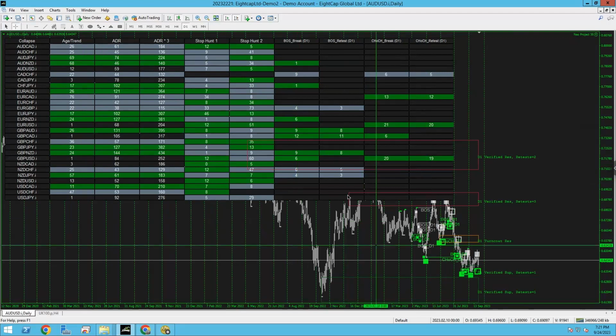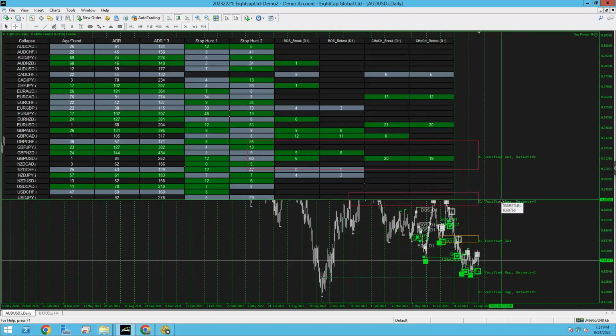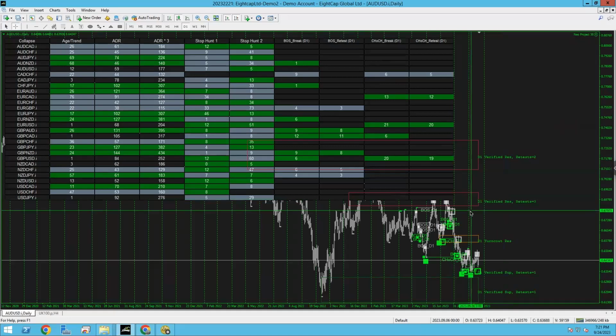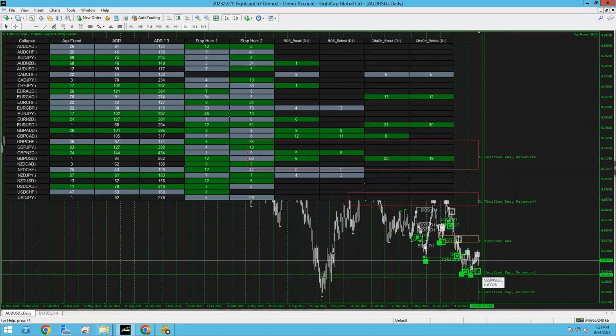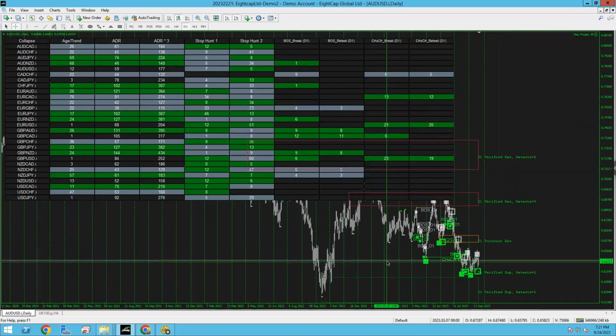And the USD, I've noticed that H4 verified boxes are either red or green or yellow. That's literally it, because all we're getting is a verified resistance, a verified support, and then a turncoat that will break in between that. So old verified levels become new turncoats. That's literally it. It's that simple. I kid you not, people. It's so simple. Cool. So that's the ones you work on next.